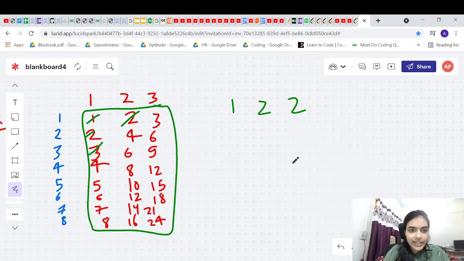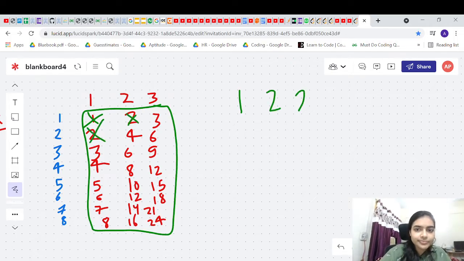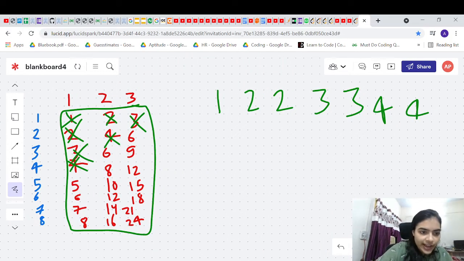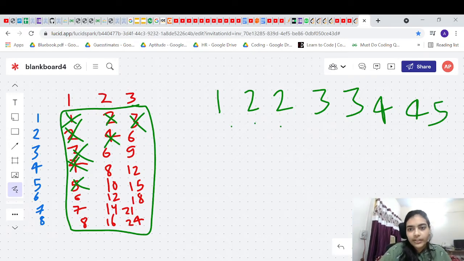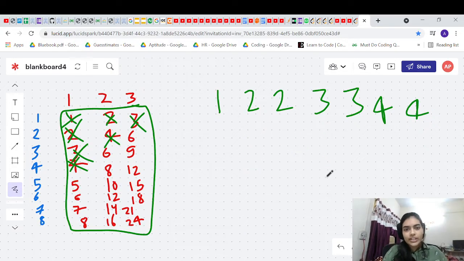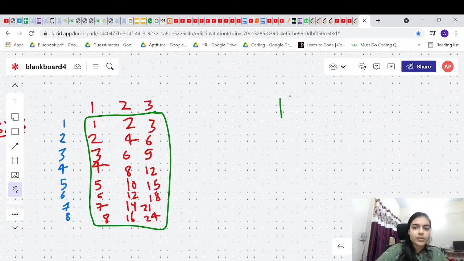Let's say somebody tells you something else. Find the seventh smallest number. So you will again start arranging the elements. First we have 1, then we have 2 times 2, then we have 3, then we have 2 times 4, then we have 5. So 1, 2, 3, 4, 5, 6, 7. We have got the seventh smallest number, which is equal to 4. So this is the logic. Now let's say somebody tells you to find the first smallest number. The first smallest number is just the smallest number, that is 1.